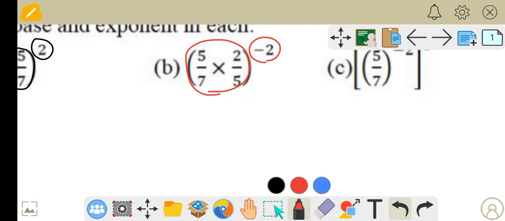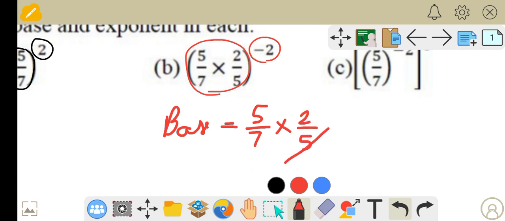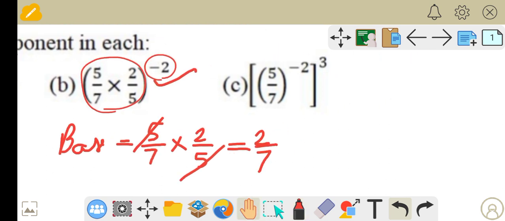So the base is 5 by 7 into 2 by 5, which can be written as 2 by 7. So 2 by 7 is the base and minus 2 is the exponent. In the next part,